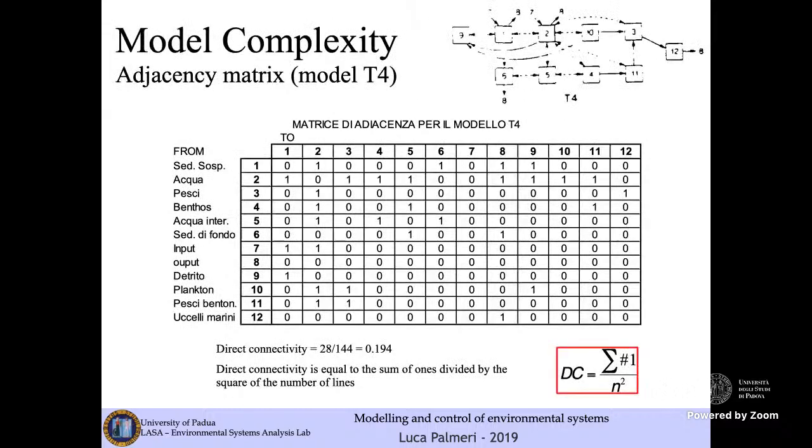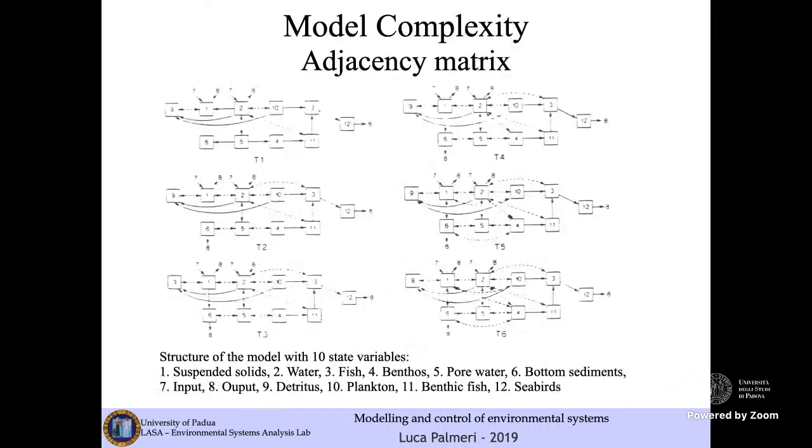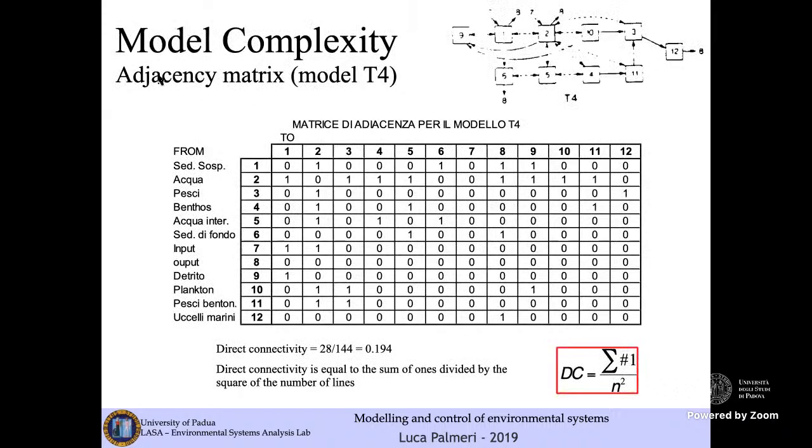The adjacency matrix, for example, is a matrix in which we put 0 if there is no interaction, and 1 if there is interaction between the state variables. For example, in the case of these 12 state variables models T1, T2, T3, T5, T6,